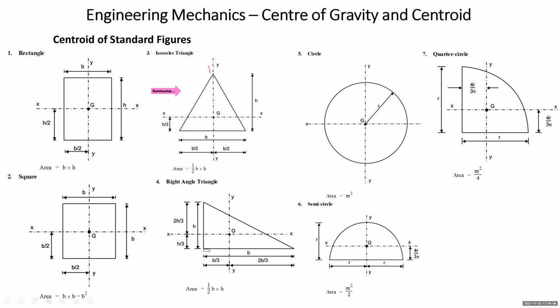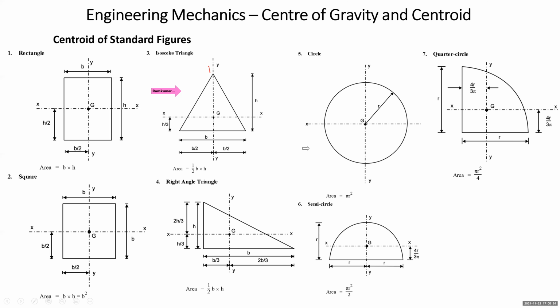This side can also be taken as a base, right? Height is then b. So centroidal axis will be parallel to it at distance b by 3. If it is b by 3, b minus b by 3 is 2b by 3. Or similarly here, h minus h by 3 is 2h by 3. So this is another standard figure, standard triangle, which we use while solving the problems of centroid. Again, I repeat, in case of the triangle, these are the only two triangles which we take as standard figures. One is isosceles triangle, another is right angle triangle. No other triangle can be taken as standard figure. Otherwise, you'll have the problem of locating the centroid.